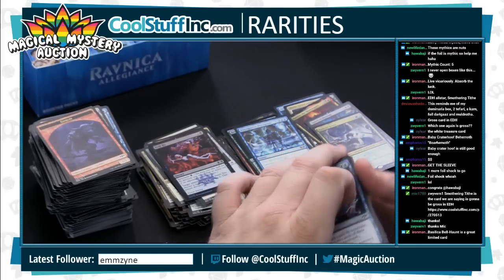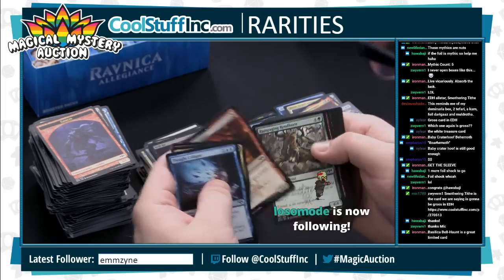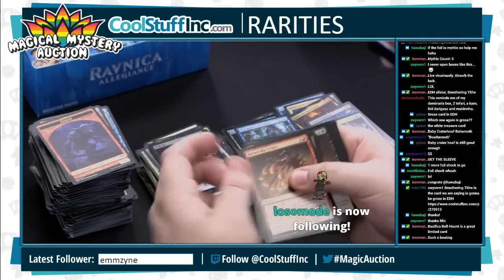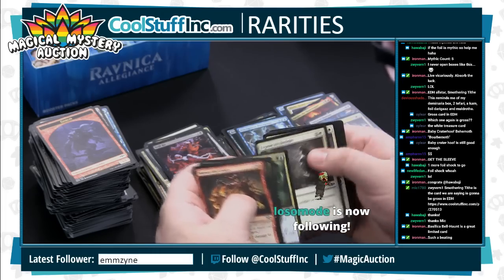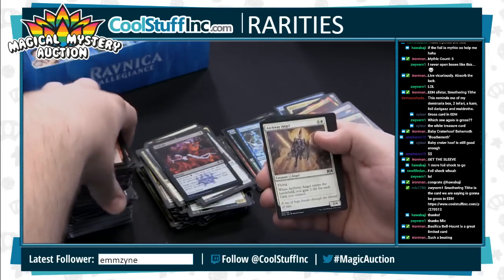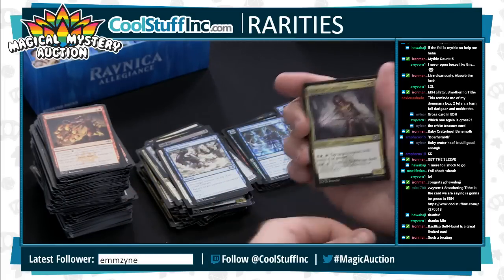Basilica Bellhaunt is a great limited card, and I will certainly admit that, but I think we were talking about it for Constructed, and I'm like, I don't see that happening. There's another Skewer. Gotta keep an eye out for those Skewers, y'all. There's a Growth Spiral. That card's fantastic. There's another Archway Angel. A Swirling Torrent, which reveals Syndicate Guildmage, which gives us